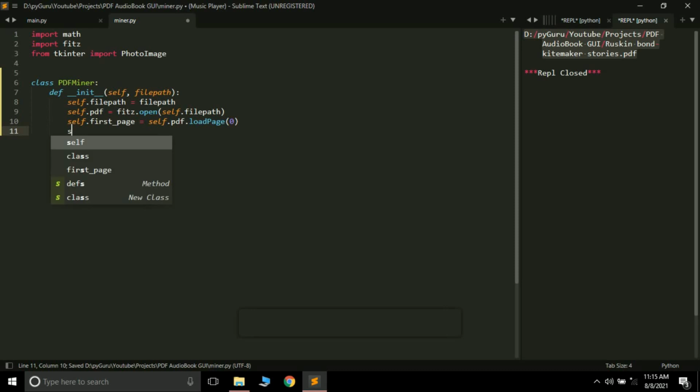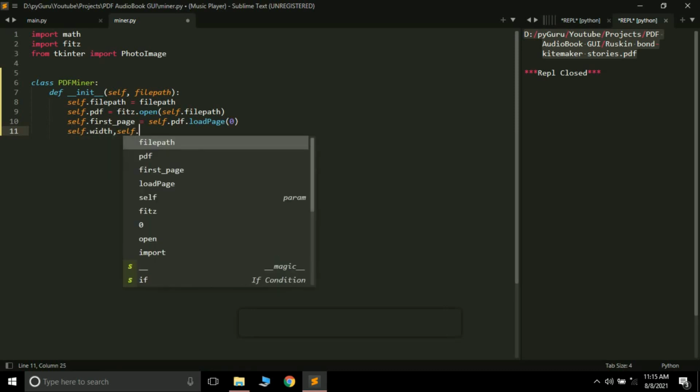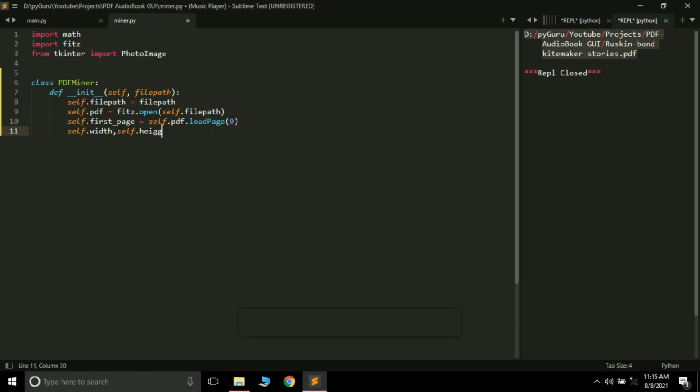Now we want the width and the height of our first page. So self.width, self.height. Why do we want the width and height of the PDF page? Remember, the sizes of PDF pages are different for different PDF files, and we want to display it in our canvas, so we need to adjust to the width and height of the PDF file.